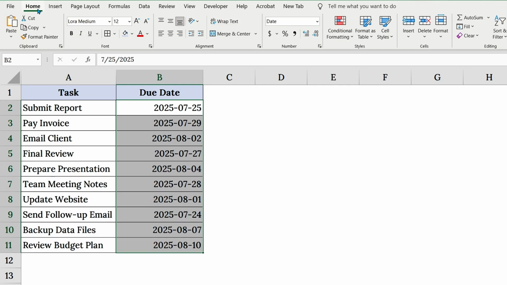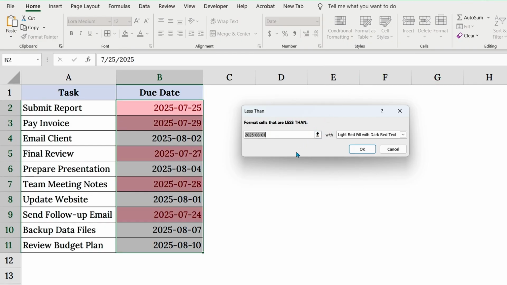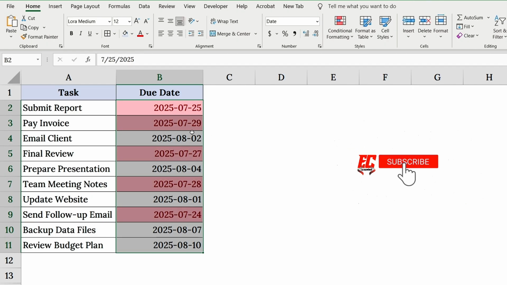Go to the Home tab. Click Conditional Formatting. Then highlight Cells Rules. Click Less Than. In the box, type equals sign followed by the Today function. Just like this. Choose a red or orange fill color. And click OK. Any task with a due date earlier than today will now light up, so you know it's